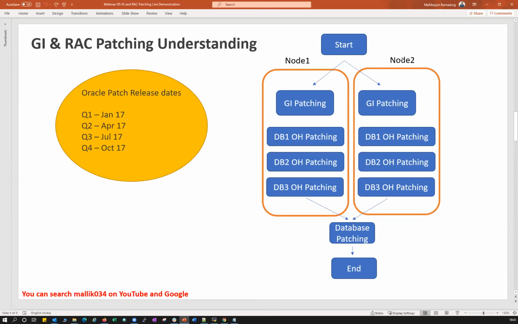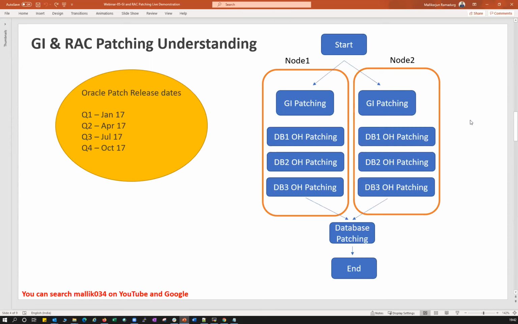If you have a 2 node RAC, 3 node RAC or 4 node RAC, whatever activity you do on each node, the same steps you have to carry out on all the cluster nodes. That is for sure. And there's no restriction on which order to follow. You can patch the fourth node, then the first node, then the third node, then the second node. Or if you have 4 nodes, you can patch 2 nodes at a time, bring your database back online, and then take 2 more nodes to patch.